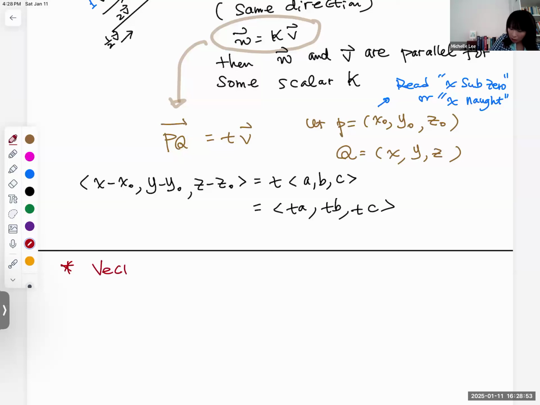So this is vector r equal to r sub 0 plus t vector v. This is the equation where